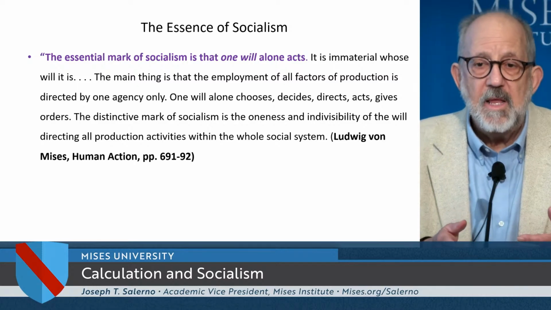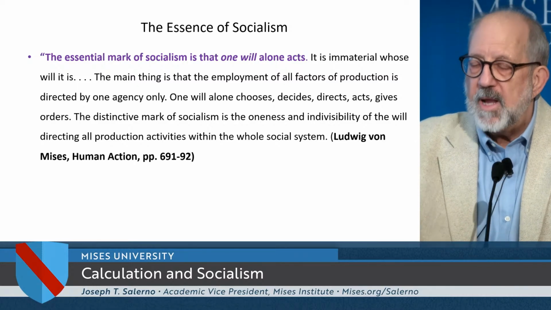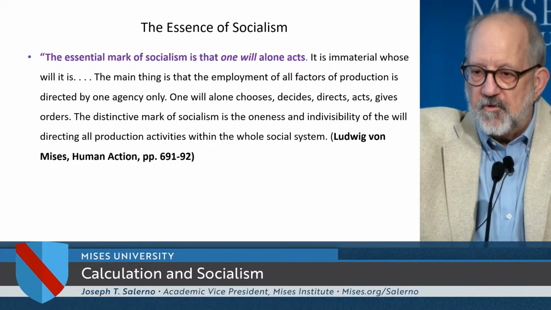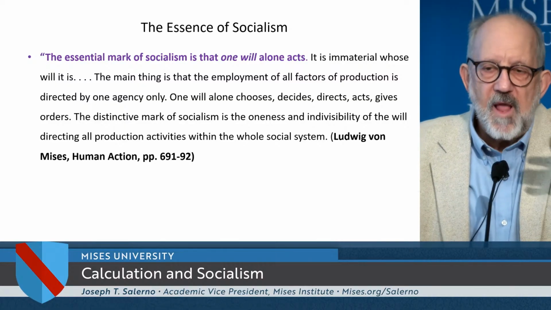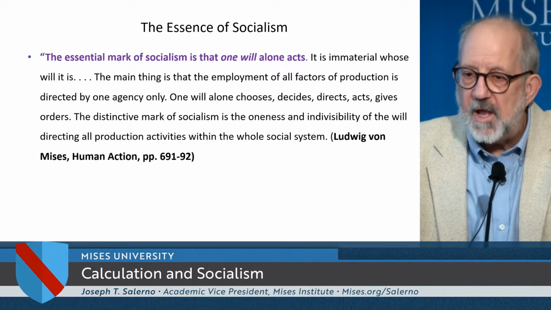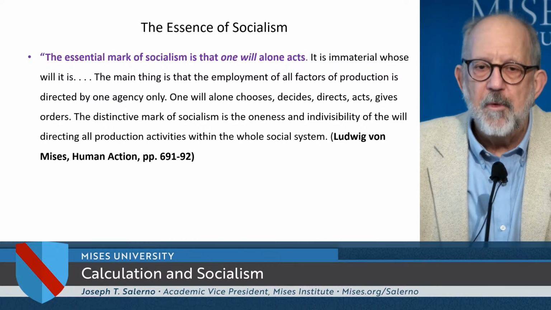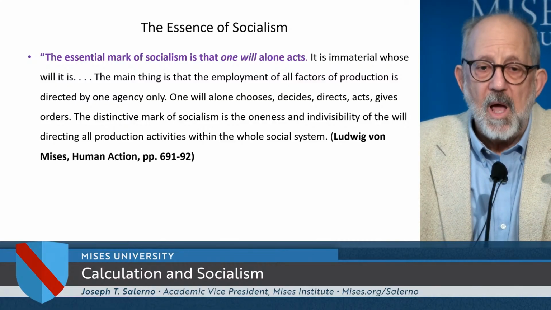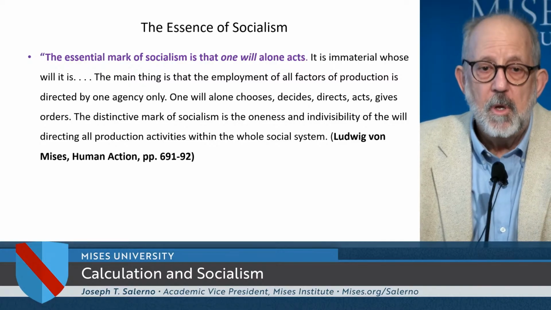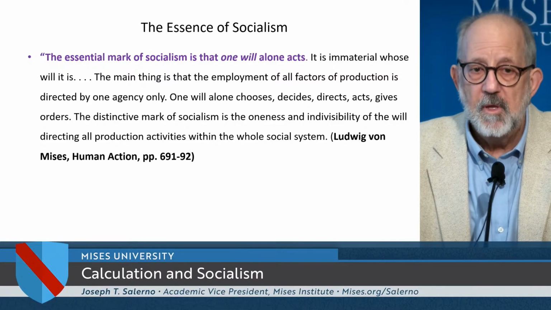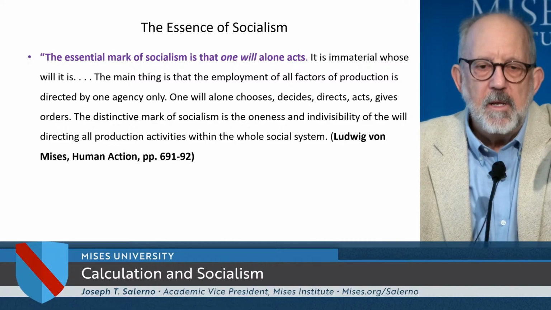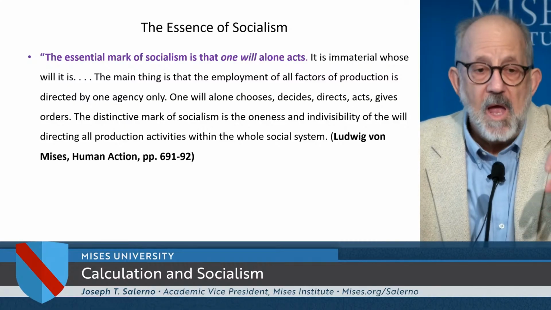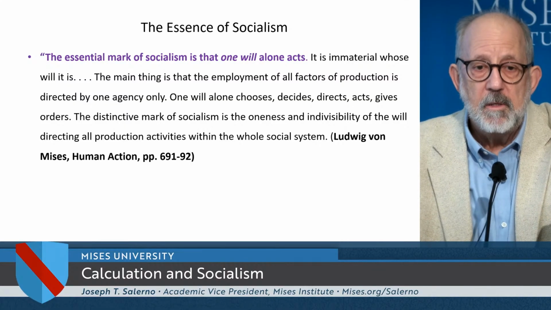How do you know exactly, if you were put in charge of the US economy right now, and let's say you were cut off from all world prices, so you're the czar of the US economy, and you have all of these capital goods, everything that exists in the US and all these natural resources, how would you figure out the one combination of all of these resources that would best serve consumer demand at the lowest possible cost? It would be impossible. It would be like being put in the middle of a desert trying to get to a particular location, not having a compass, and not knowing where you exactly are, okay?